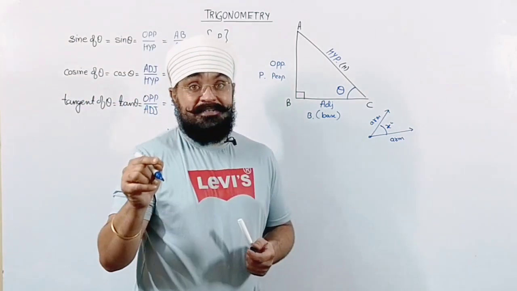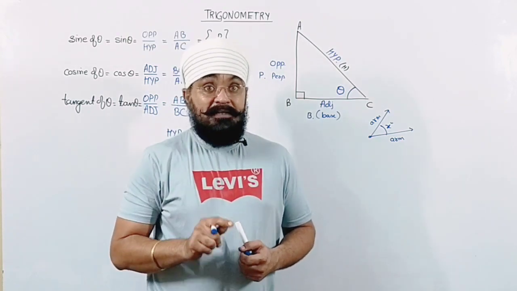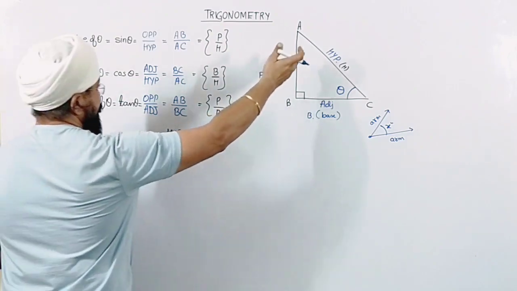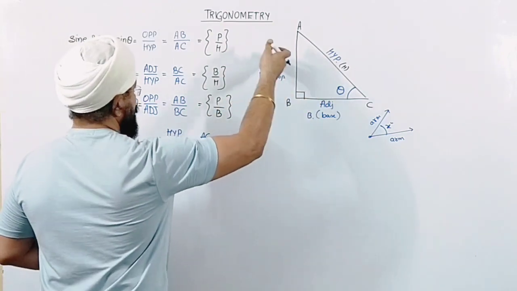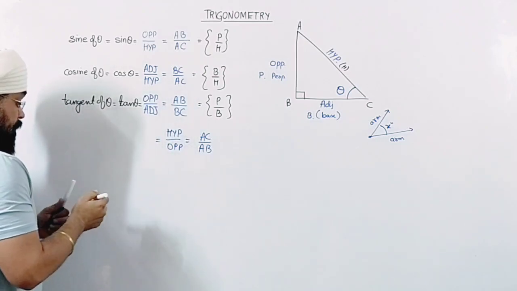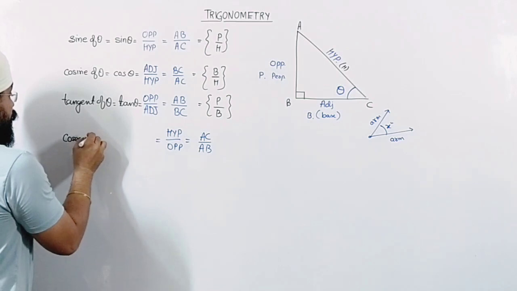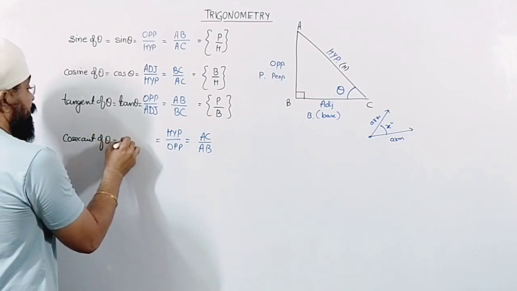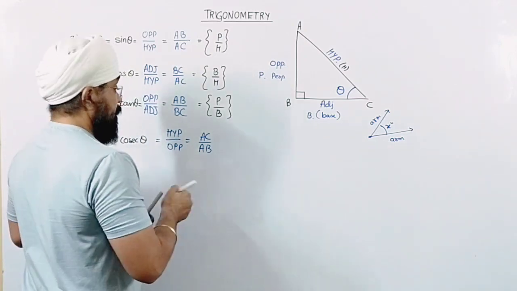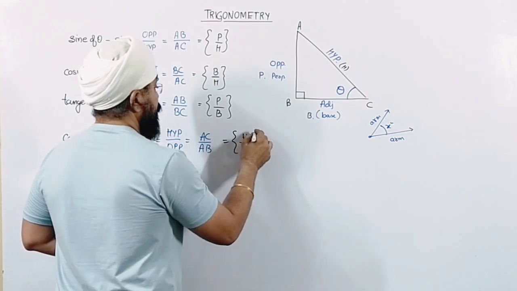Now this you have to keep in mind. When we say opposite or adjacent or hypotenuse, it is in accordance with one angle. So when we have this one as angle theta, adjacent is this one, opposite is just opposite to this particular angle. This is known as cosecant of theta. In short, we write cosec theta. Clear? And this is also written as H upon P.